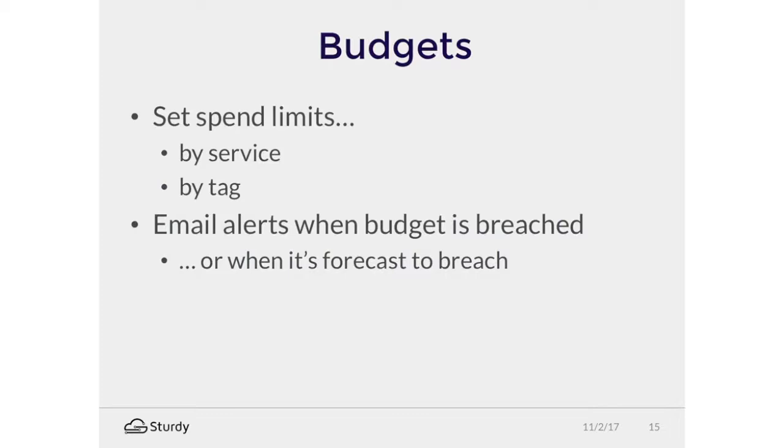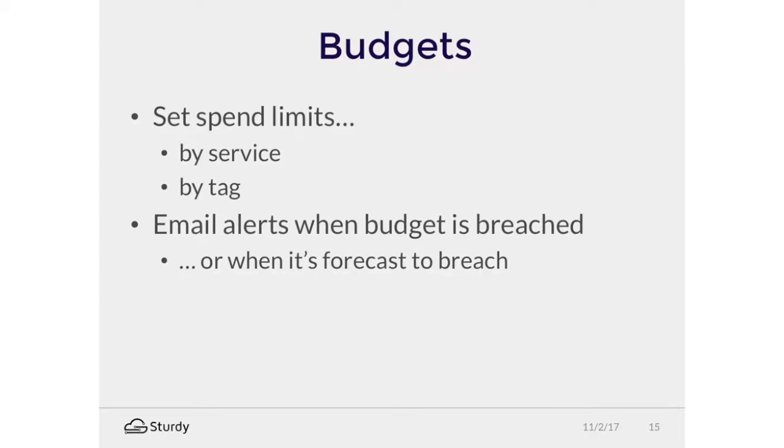Moving on now to budgets. There is a built-in feature called budgets. You can set spend limits by service and by tag. I will talk a lot more about tags when we talk about cost control. But the bottom line here is that we can get email alerts when the budget is breached